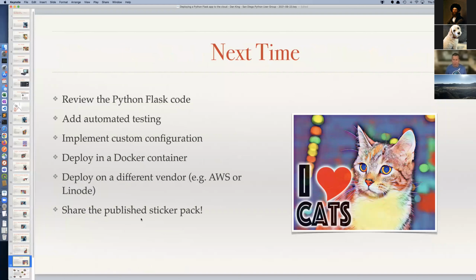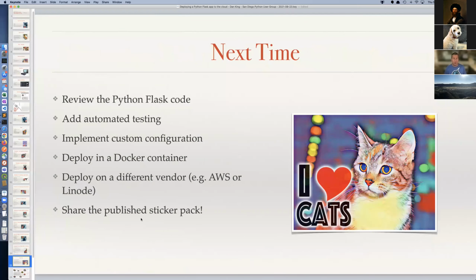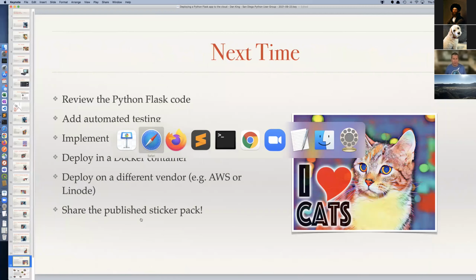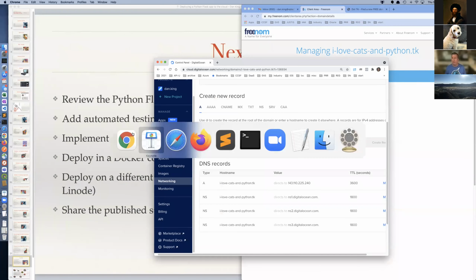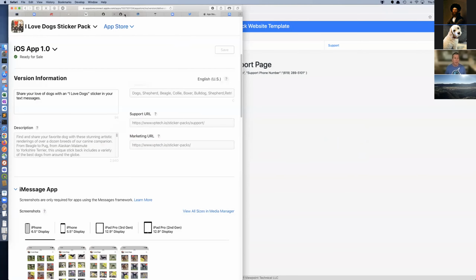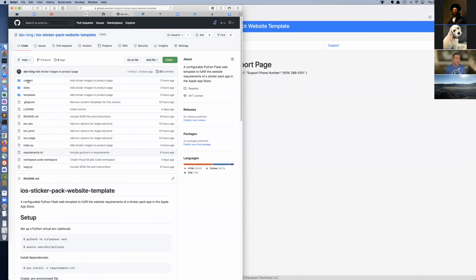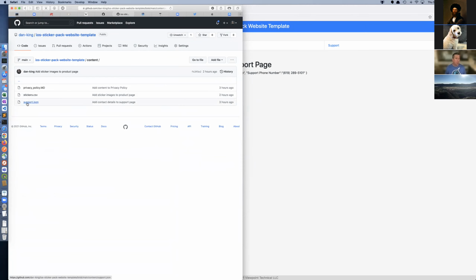Okay, so that's all well and good. But as I mentioned before, all these images and the support details and that particular page were hard coded into, let me show you the code there. It's 818, not bad. I think we did it in about half an hour, which is what our goal was. But back in our code, under content, I've got a support JSON